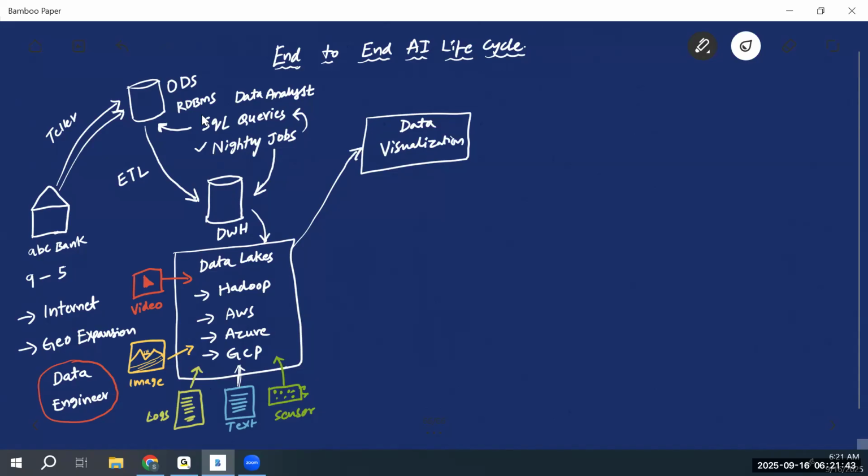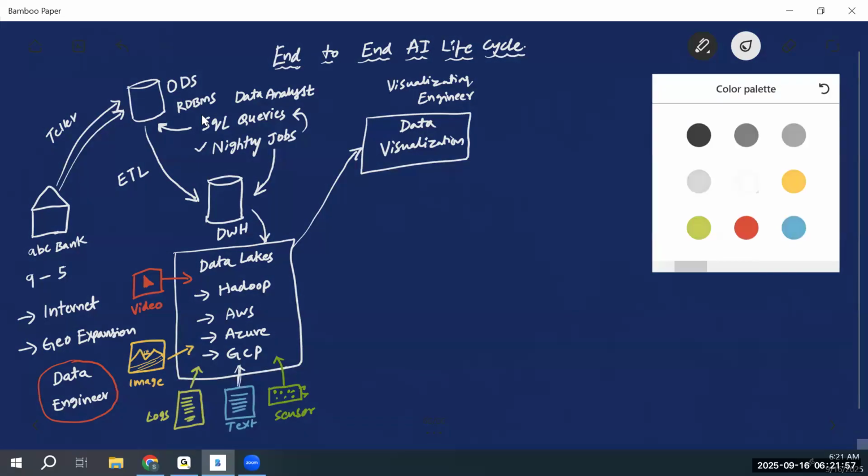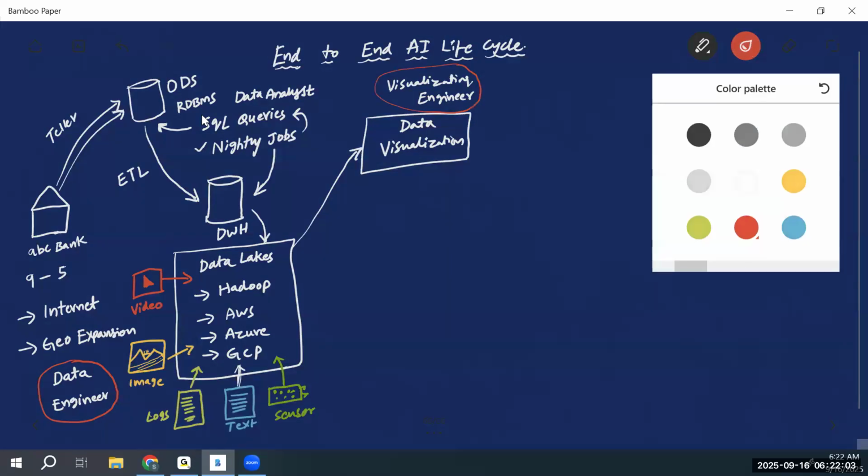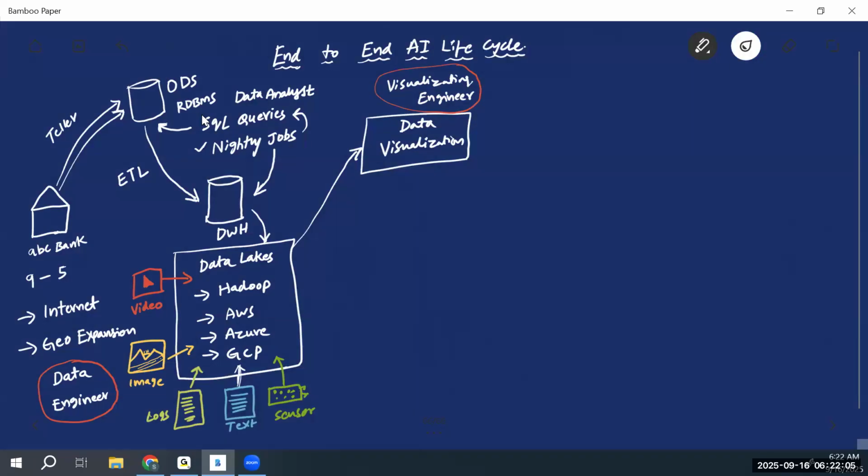And here the role is visualization engineer. The purpose of the visualization engineer is to create some kind of reports in a much more appealing manner. So the tools which are used are Tableau,